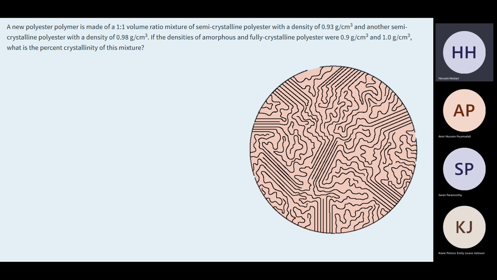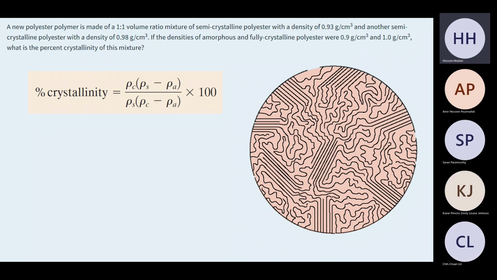And in this case, they've given you a mixture of two different components. There's a composite material, and then they've polymerized everything to give you the final mesh. And they've given you the density of each. Now, before we start solving the problem, what I usually like to do at the beginning is look at the equation and try to understand it a little better, by first popping in some extreme values to see if it's actually functioning the way it should. So let's say this semi-crystalline structure that we're talking about is actually fully amorphous.